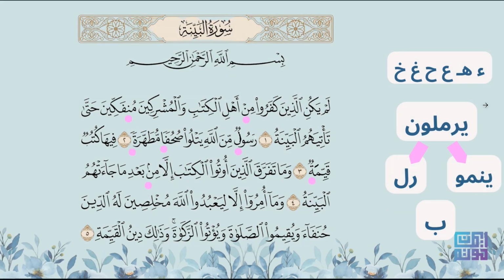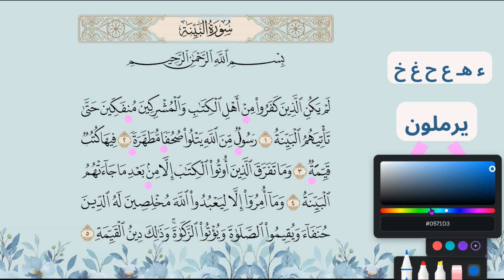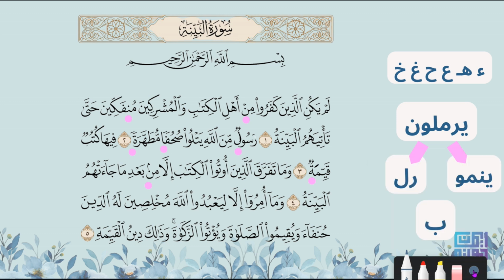In this lesson, insha'Allah, we are going to point out the Noon Sukoon rules. Okay? And when we say Noon Sukoon, I mean the Noon Sukoon and the Tanween. Both are the same, both have the same rules because the Tanween is pronounced as a Noon Sukoon. So let us start here. I did already point them out. So let us see the rules and let us first revise the rules. Let us see how do we pronounce the different Noon Sukoon rules.